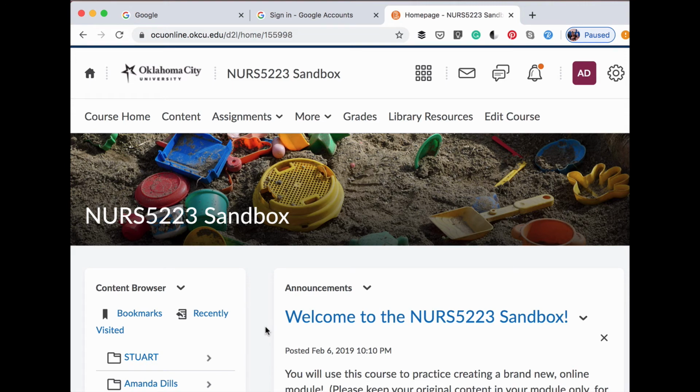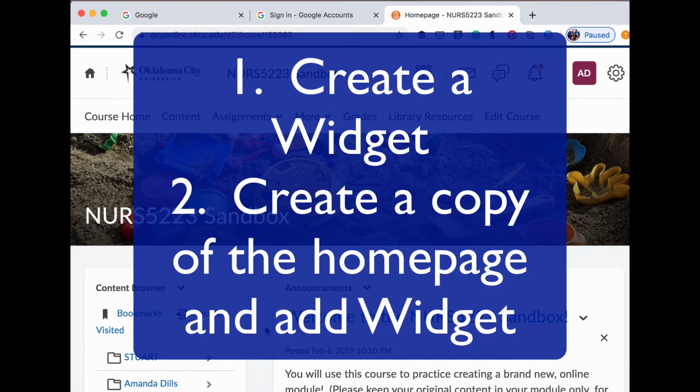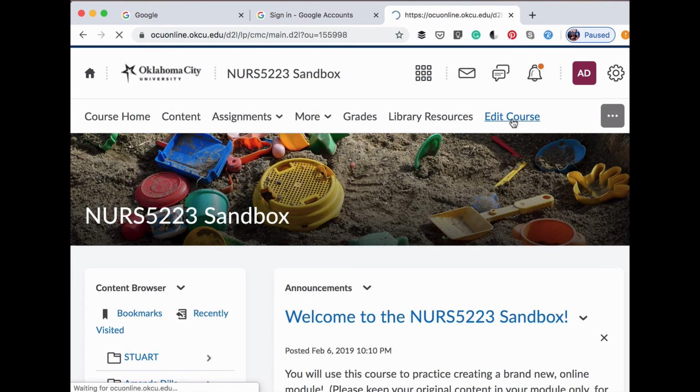So the two things I have to do to make this work is number one, I have to create a links widget. And then number two, I have to create a copy of this homepage and add the widget to that. So it sounds complicated and it does take a lot of clicks, but it is pretty straightforward. So let's dive in. The first thing that I'm going to do is go to Edit Course,